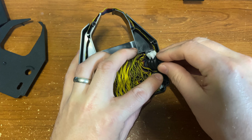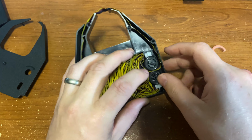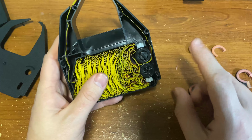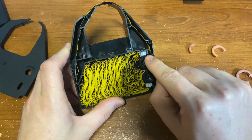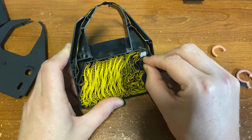And we're going to have to push down because the spring is pushing up and the O-rings are there. And that is pretty tight. But we're going to go a little bit more because we do have some play on this top. So you see where the white guide, the white holder that holds this pinch ring together, there's a little bit